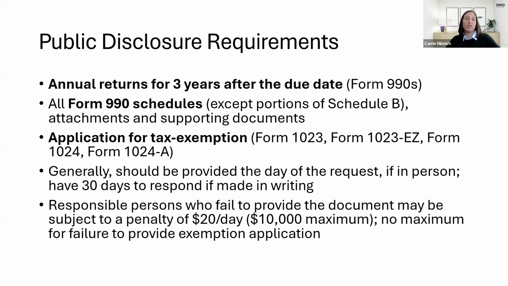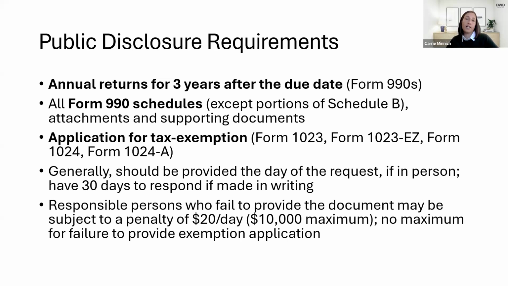When you're providing your 990, make sure that you do not include the names and addresses of the donors on Schedule B. That is not open to public inspection. We want to respect the privacy of our donors. So Form 990 and all the other schedules should be made available except for Schedule B, names and addresses of donors. And I know when we prepare the Form 990 for our clients, we provide them a public disclosure copy of Form 990 that has this information redacted. So they actually have 2 copies of the 990, so they can easily provide that to anyone from the public asking for a copy.